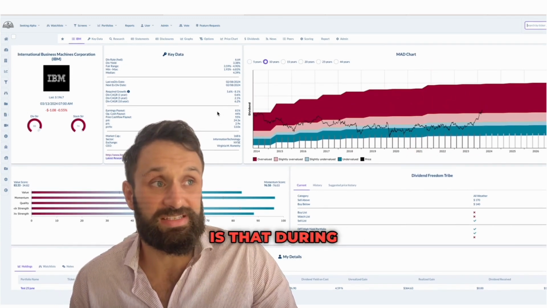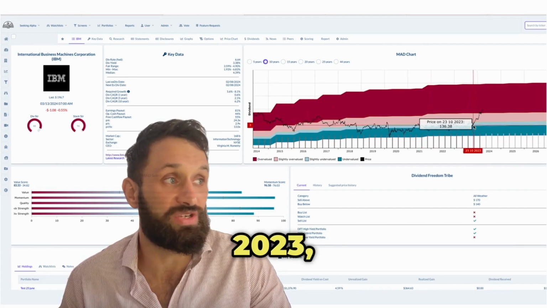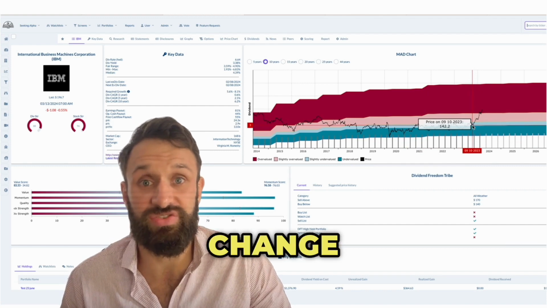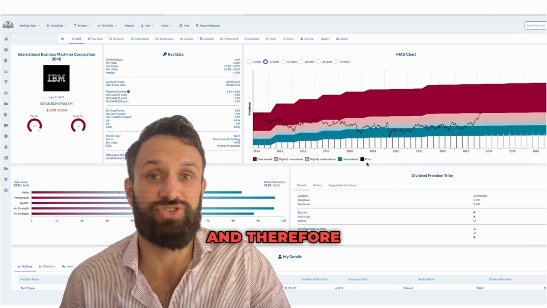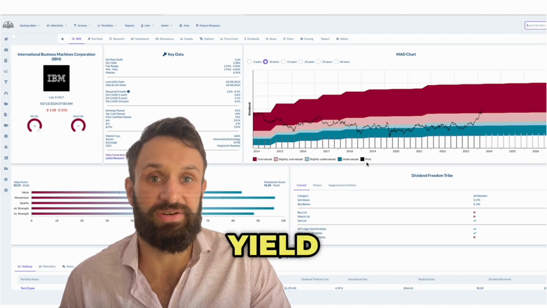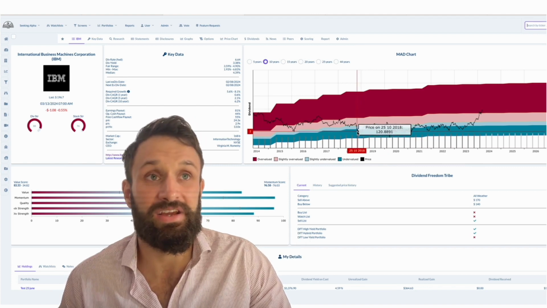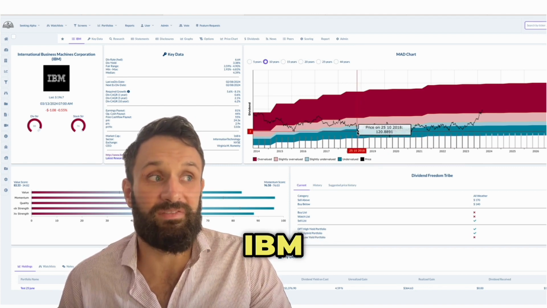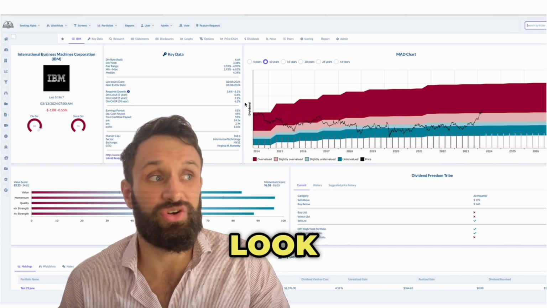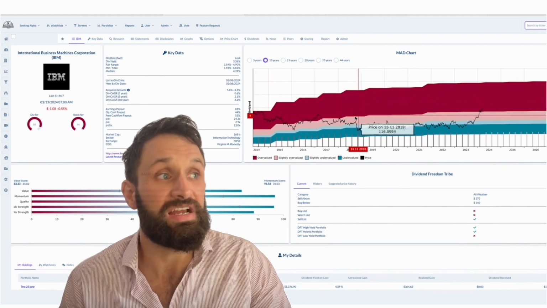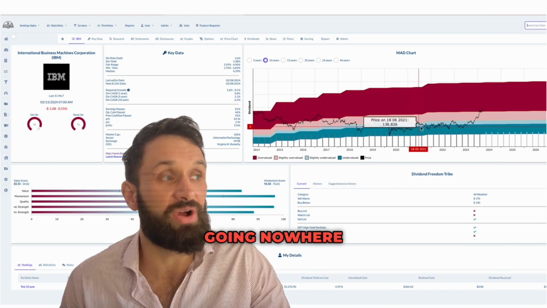So what has happened is that during the period between, say, 2015 and 2023, because things have started to change for IBM, the market viewed IBM as sluggish and therefore required a higher dividend yield from the stock. So an investor who in 2018 would have said IBM is a good buy relative to its history would only be taking a rear view mirror look and would have to take more into context. And as you see here, would have suffered a couple more years of losses and the stock going nowhere before